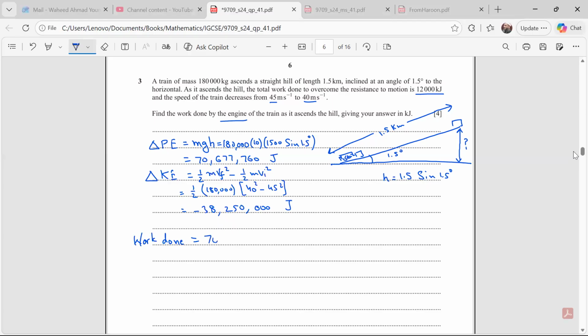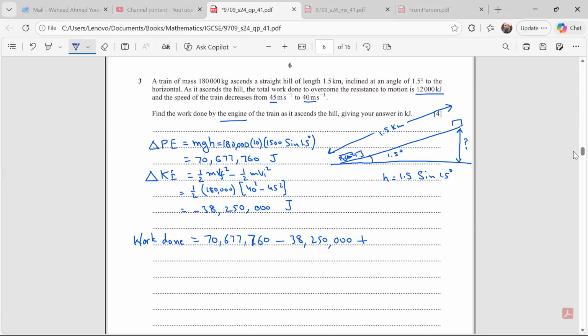It is this much, 7,677,760 joules, minus this amount, which is 38,250,000, and plus this much energy, because 12,000 kilojoules has been lost by the motion to the friction. So that work or that energy has also been provided by the engine. So we have to add into this